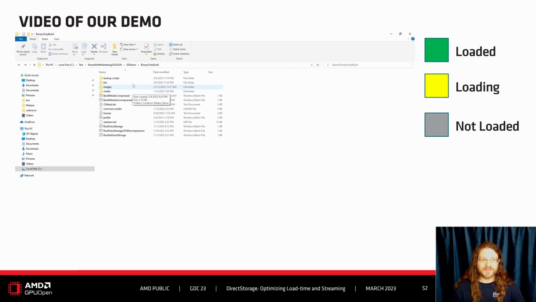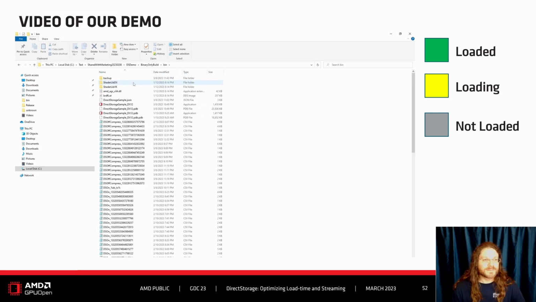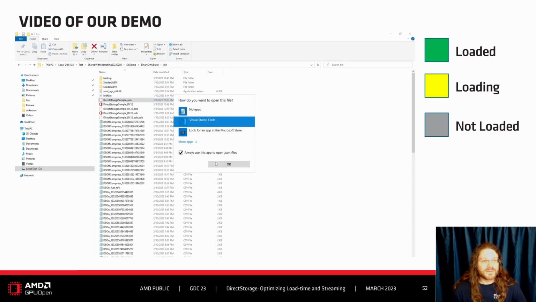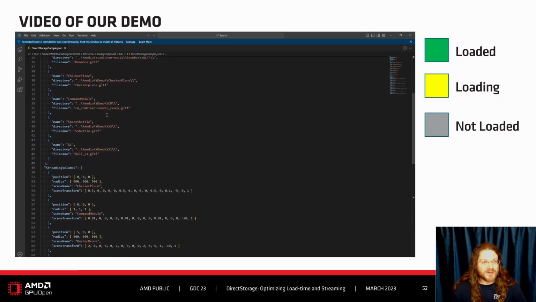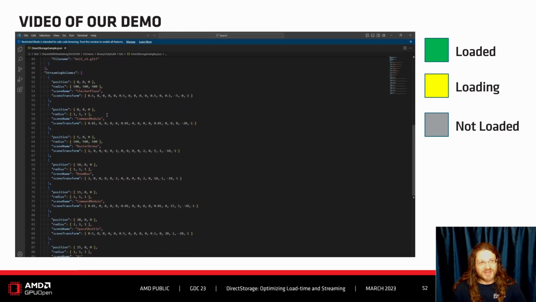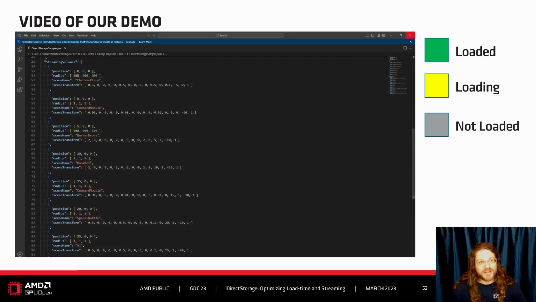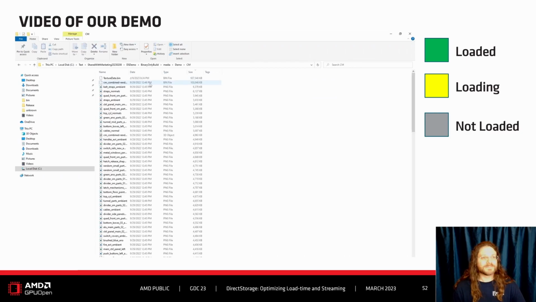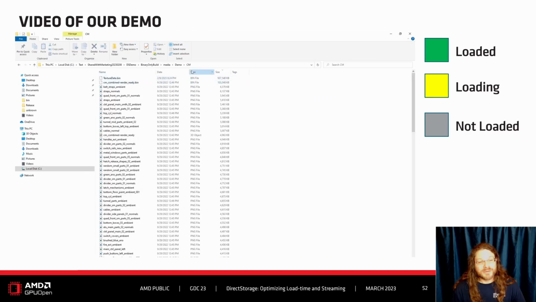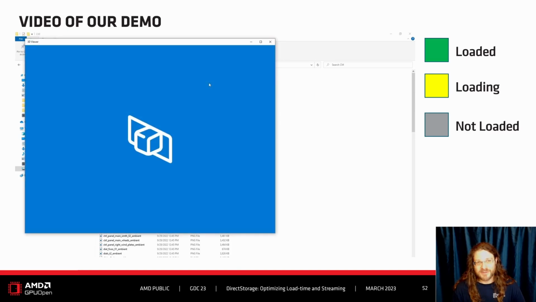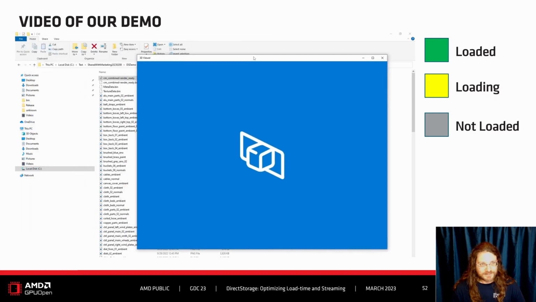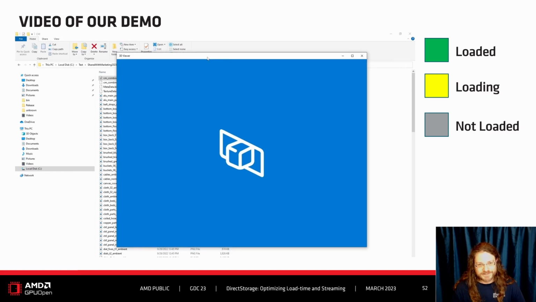So here's a quick video of our demo. First, it's important to note that our demo is composed of multiple assets. And the first set of the JSON file here describes which assets, and the bottom part describes the streaming volumes, their radius, and the position in the scene. Then we're going to open the standard glTF file that is used for these assets, and we'll open it into Microsoft 3D Viewer to give you an idea of what these assets are. And you can see that it takes a little bit of time to open these assets in the 3D Viewer because the assets are quite large.